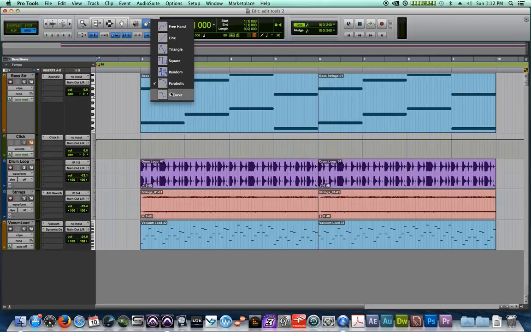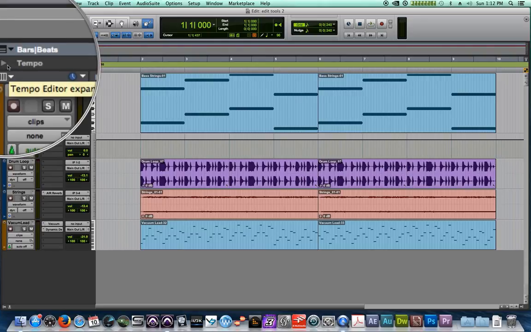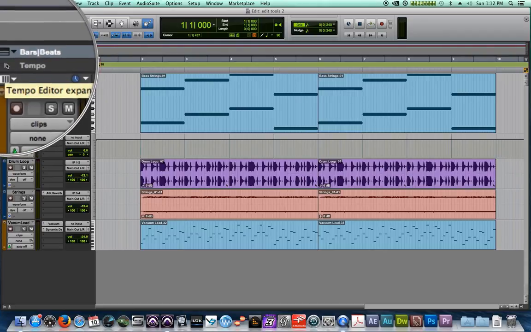Parabolic and S-curve are used to draw in shapes for tempo automation. You can actually use all of these for tempo automation, not just the bottom two. It's just that the bottom two will not work when you're trying to draw in volume automation on a track. It won't work. So what you can do to affect the tempo is click on the little arrow